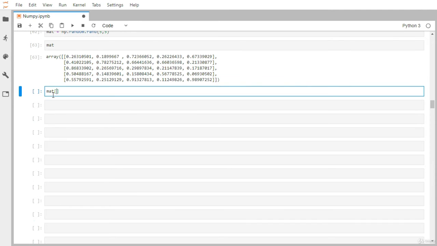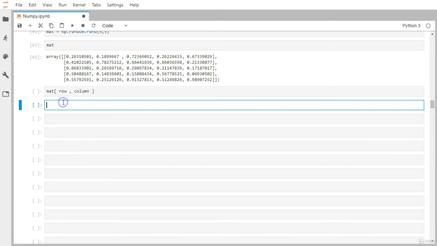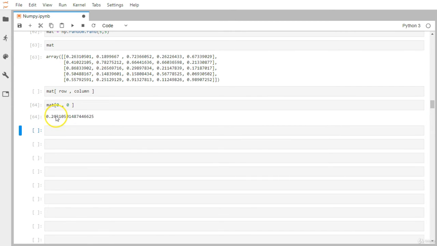Now let's concentrate on the common syntax. So matrix, first you have to give the row level information, then a comma, and then the column level information. In rows, how many elements do you want to access? You want to access a single element, or a number of different rows. Everything you can put before this comma, and after the comma you have to put the column related information. So let's try to grab the very first row and first column element this way, this 0.263. This comes under the 0th row and definitely the 0th column. So you can see 0.263.